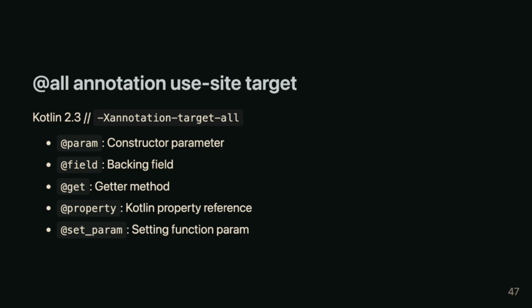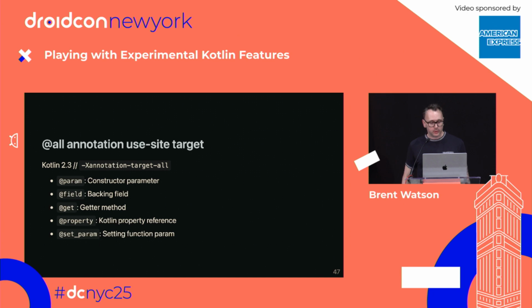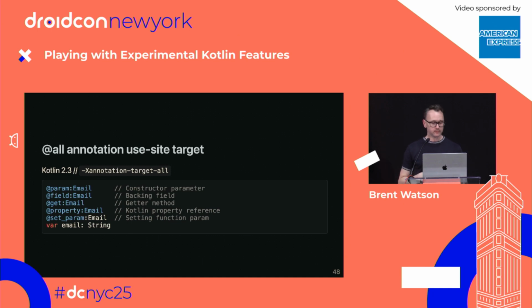Okay, so annotation use site targets. A use site target for annotations is where you have @something colon and then your annotation, right? So you've probably seen these on like @field colon my annotation, etc. And there's a few of these: parameters, fields, gets, properties, and the parameter in your setter function. So this is valid code. If I had a var that was in a constructor, so @param,